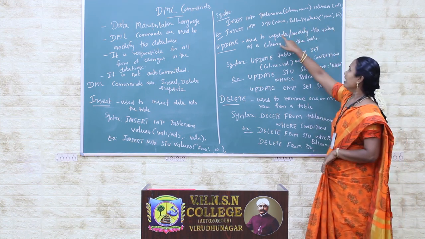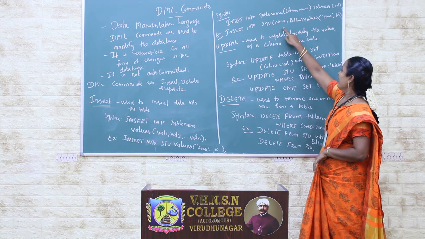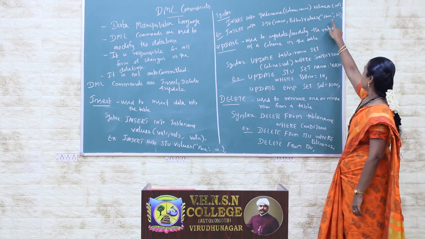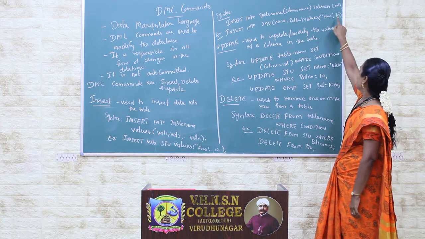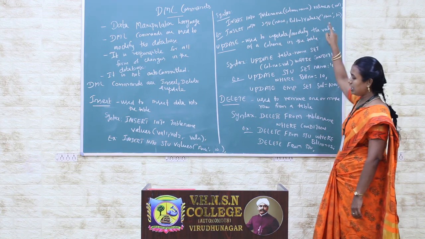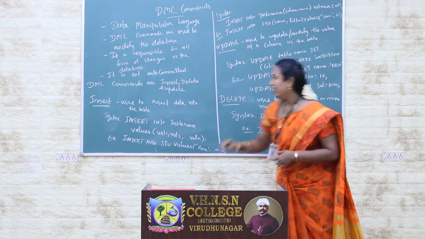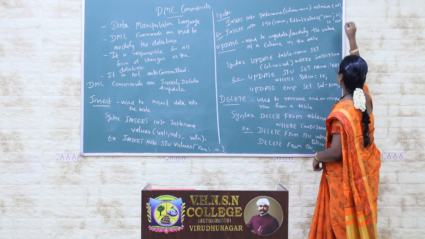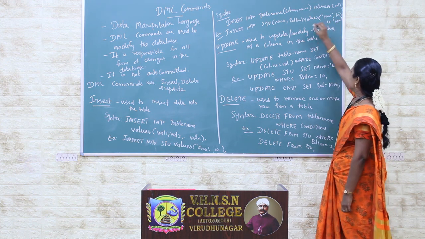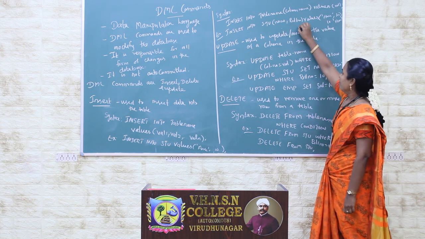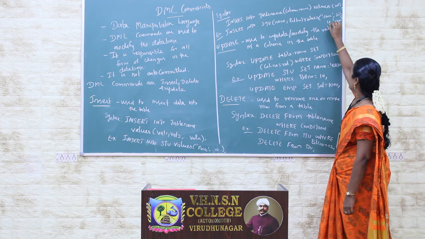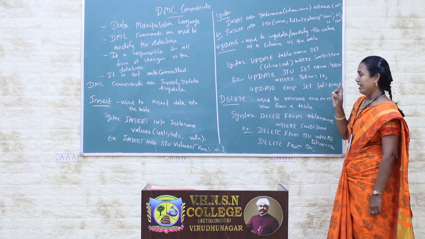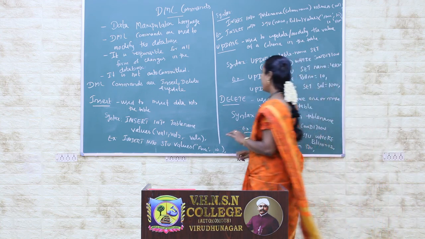For example, in this student table I have the column name and roll number. I give the values as first the name and then the roll number. If I change this, for example inserting 10 here and the name there, it is not possible. So the sequence in which we made the table is the sequence in which we give the values. These are the two different ways to write the insert command. Okay, the next command is update.